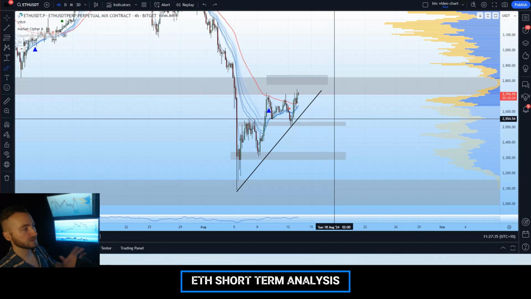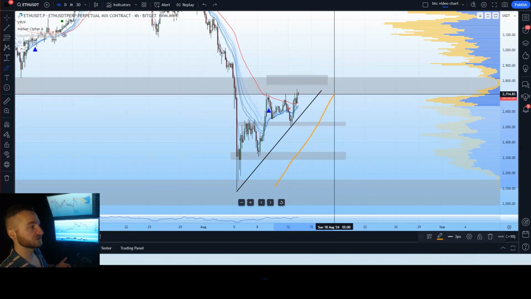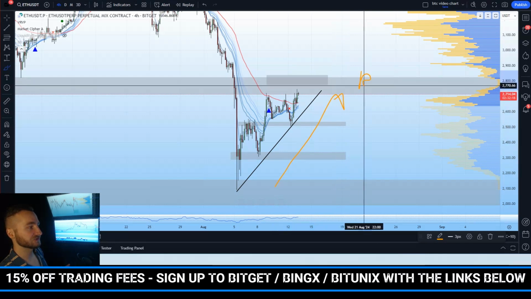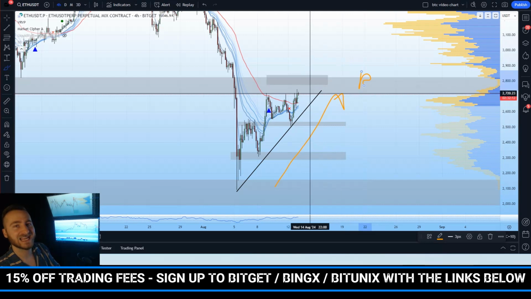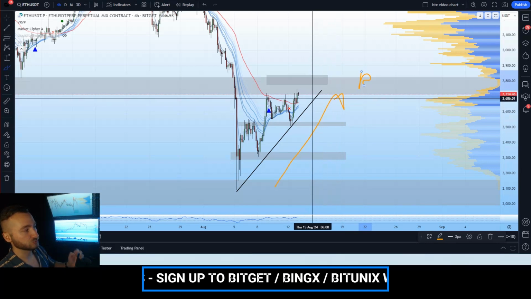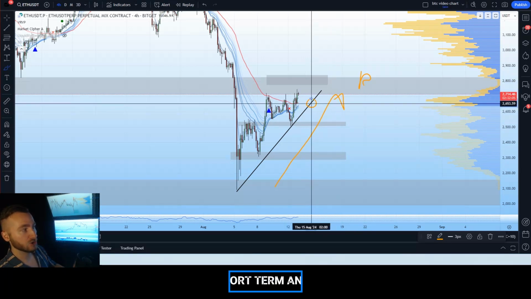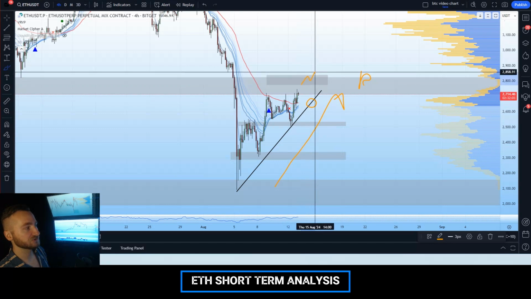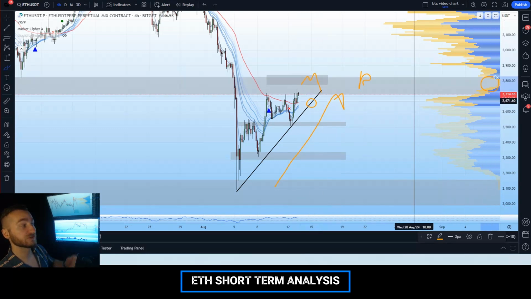So what you should be doing now is looking at Ethereum and saying, well, we have already seen a 30% move. We are now at an area of resistance. Therefore, it is too late for me to take longs. If I were to take longs on Ethereum right now, I would be taking a late long. My options are as follows: wait for a breakdown of this support level, or wait for a bearish reversal to develop in this liquidity pocket for shorts.